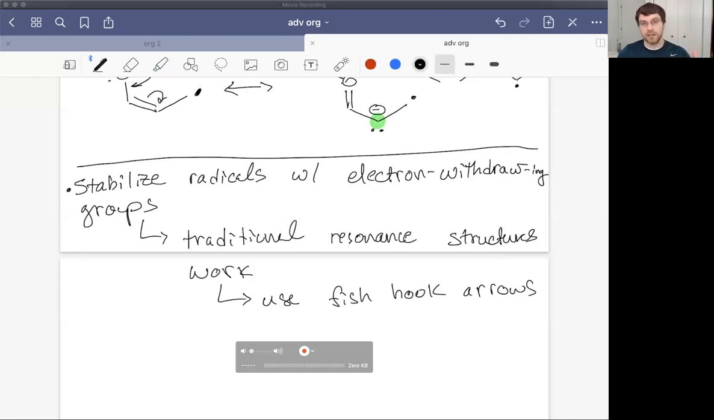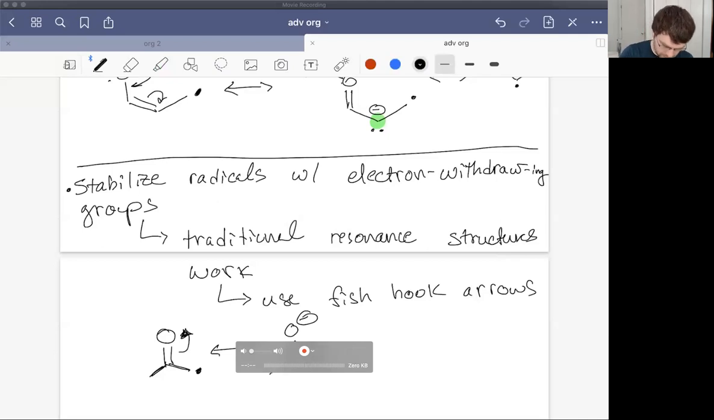Usually we can't stabilize electron deficient centers like cations with electron withdrawing groups because we're stealing more electrons that they don't already have. But if you put a carbonyl adjacent to a free radical, for example, we could pop the electrons up and onto the oxygen in the traditional kind of carbonyl resonance structure. And then we can actually,